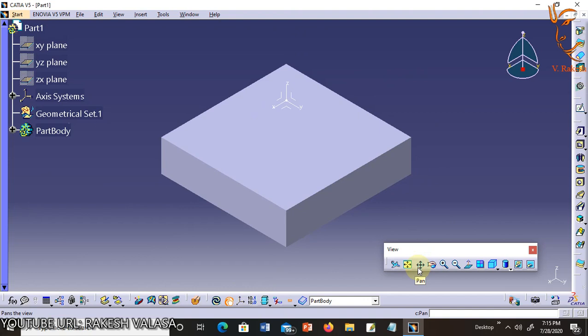Next one is the pan tool. This tool allows you to move the part around on the screen. The part does not change its location in the XYZ coordinate system, only in relation to the screen. Every time you want to pan the part, you must select this tool first.